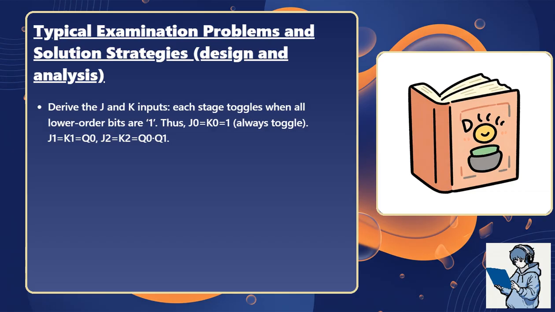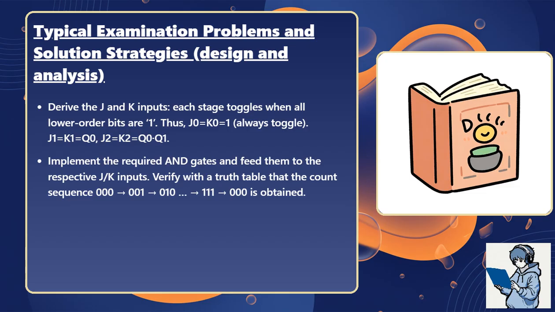Thus, J0 equals K0 equals 1, always toggle. J1 equals K1 equals Q0. J2 equals K2 equals Q0 AND Q1. Implement the required AND gates and feed them to the respective JK inputs. Verify with a truth table that the count sequence 000, 001, 010, 111, 000 is